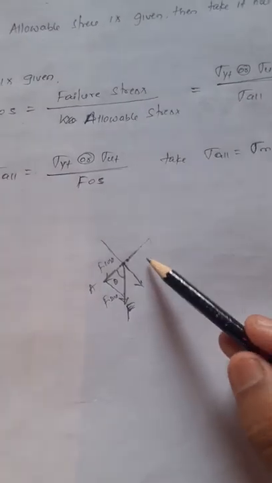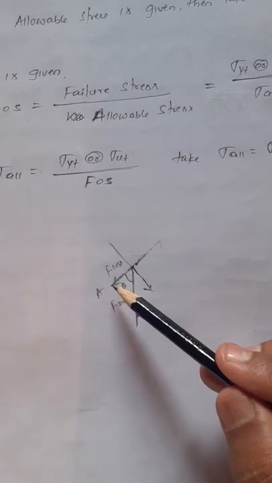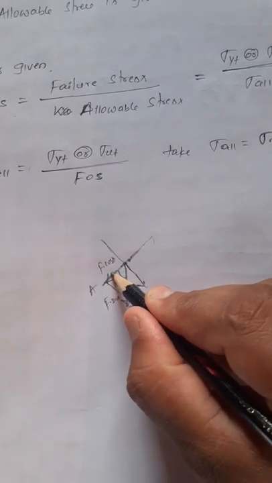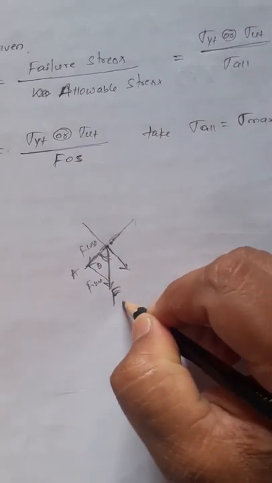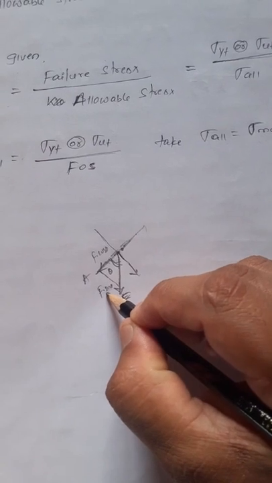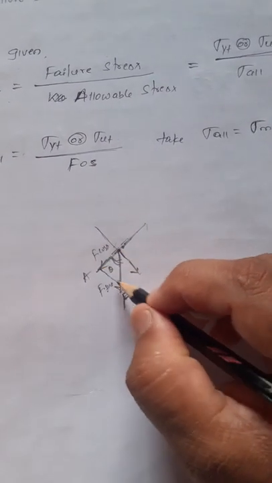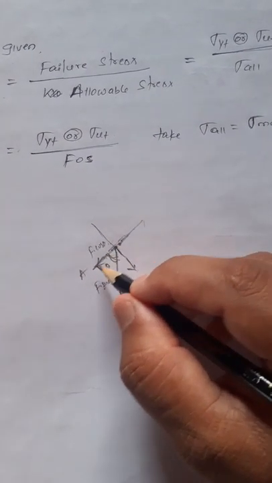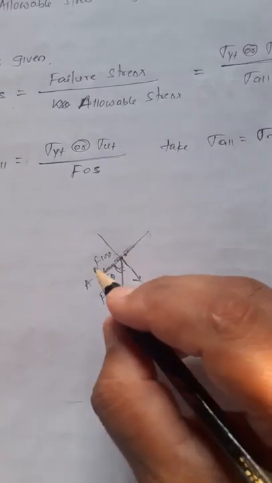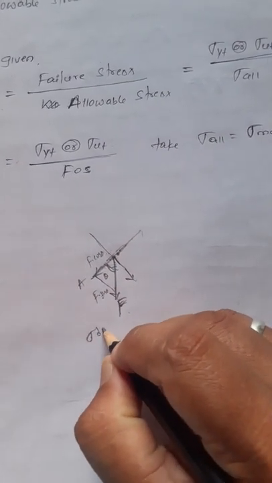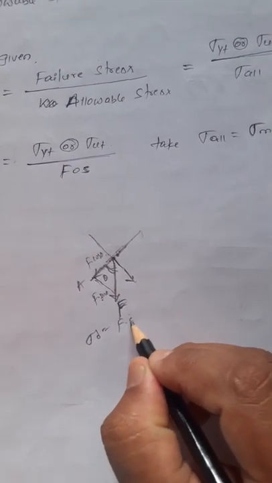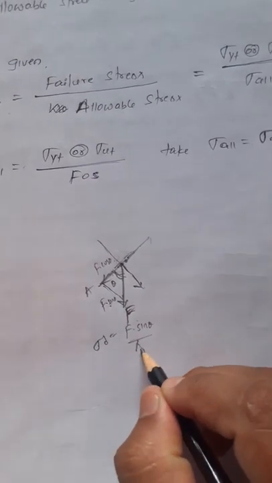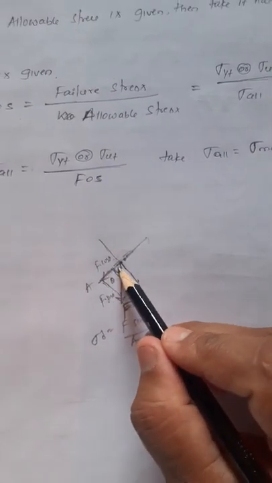And the last one is, suppose the eccentric load is given, but the critical section is not horizontal; it is at an angle of theta with respect to the vertical. Then resolve that force into 2 components, one along the section and one perpendicular to the section. Then if you want to calculate the direct stress, always take the force acting perpendicular to the section, that is F into sine theta divided by the cross-sectional area. That is the important thing, you can observe it.